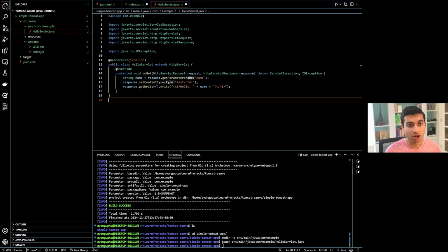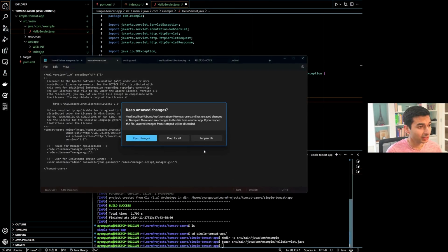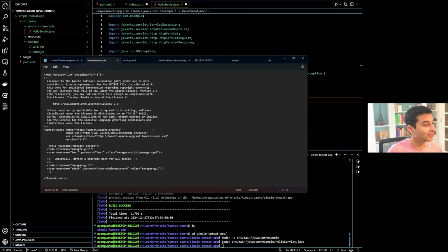We want to open tomcat-users.xml. This file will be in your Tomcat installation directory. I already have it open. Oops. So let's reopen the file. I was messing with it a bit earlier on. So we have the tomcat-users.xml file. You can see here that I have added, or updated rather, the pre-existing code. And most specifically, you can see that we have a username called test and password called test. In reality, this is not the best security practice, but again, for the purpose of this demo, this will be sufficient enough for us to